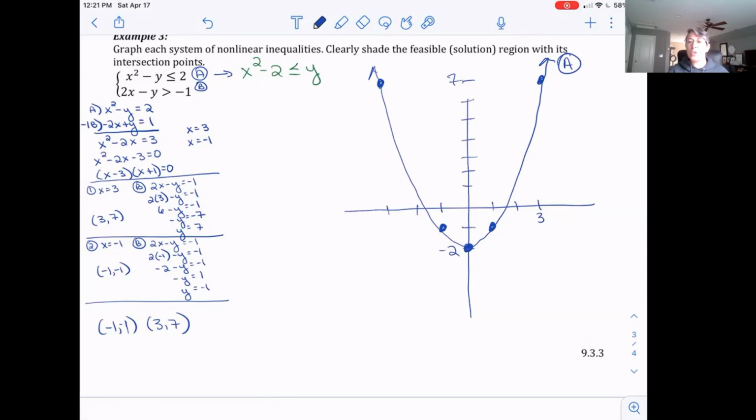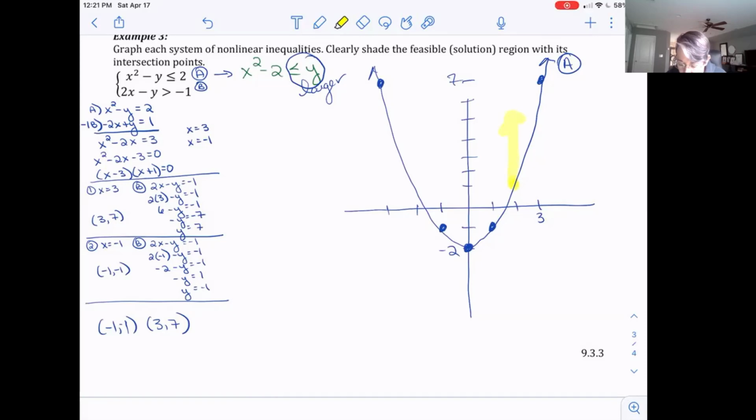there for equation A. Now I need to know where to shade. Are my solutions above this graph going up, or is it below? Well, I'm going to focus here. My y is on the larger side of that inequality, so I want my y to be larger. So I can take any point, and let's say I pick this point, I want my y to be larger,